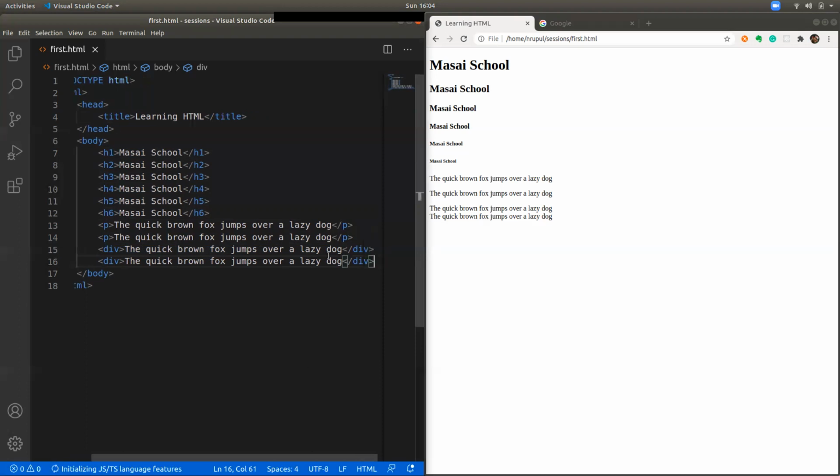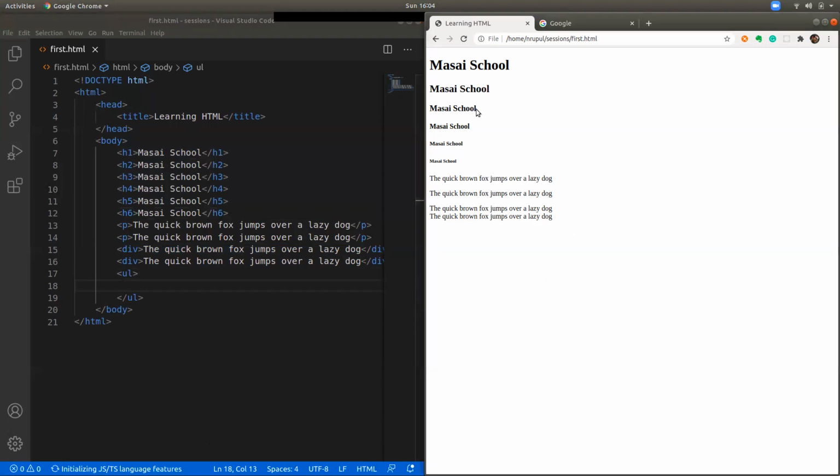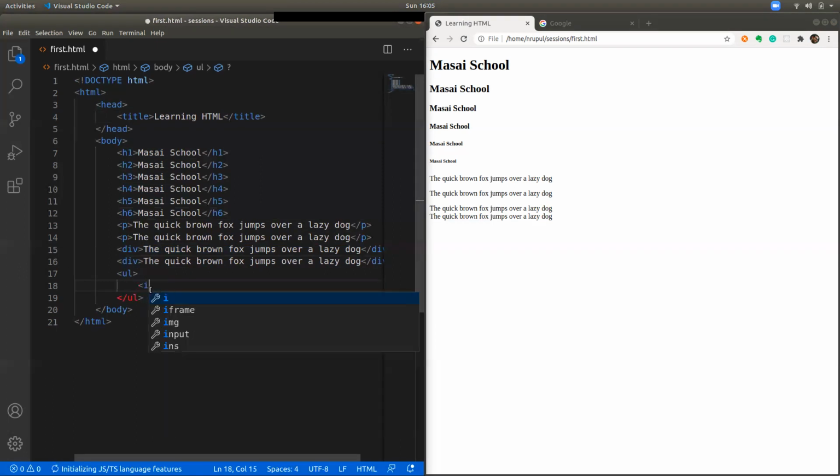If you create an element with UL, it doesn't have anything by itself. It's a list of items. So to define a list, you have to create one more element with a tag called li, the short notation for list item.